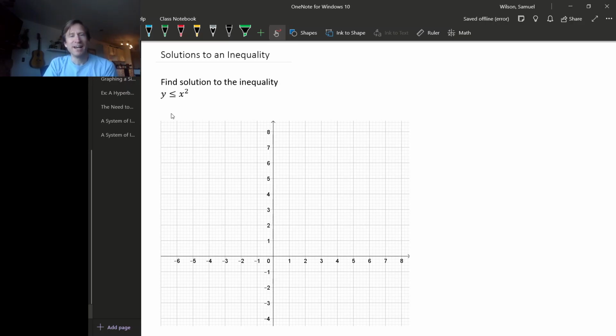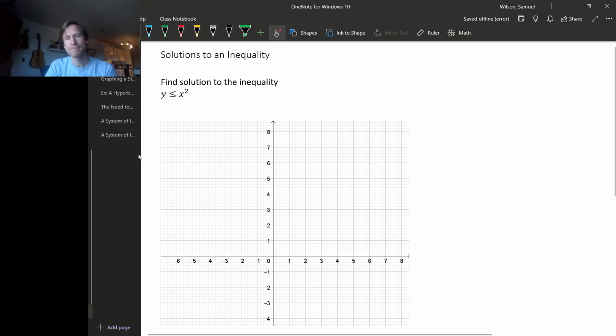So how can we get a picture of all of the possible solutions? Well, let's take this as our example: y less than or equal to x squared. Now, as long as this x squared part is big enough, we will have a solution. So any point over here on the positive x-axis is going to be a solution because y is 0 here, right? So all of these points will be solutions. Over here we'll have solutions too, and all the way in here. You can see there are so many of them that it's not really practical to find solutions one by one. We have to have some sort of bigger picture thinking in mind to make sure that we get all of